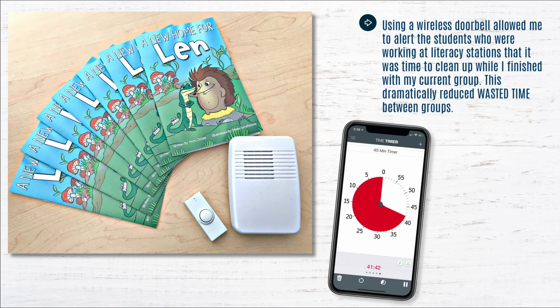This dramatically reduced wasted time between groups. So if I was still working with one of my groups and I still had 3 or 4 minutes left with this particular group, I would ring the bell, and that bell signified to the rest of the class that we were about to transition groups. That meant it's time to clean up and get ready to go to my next rotation,